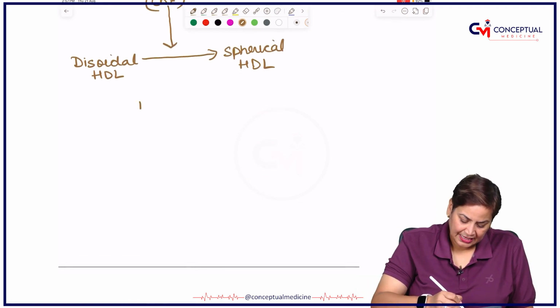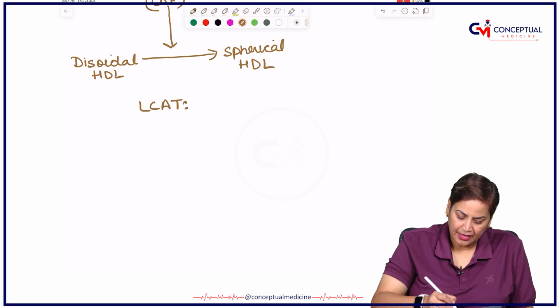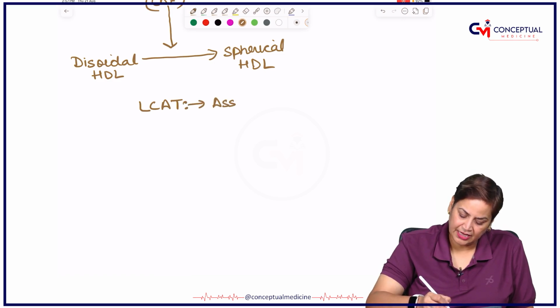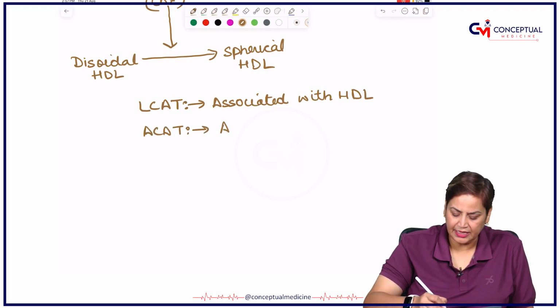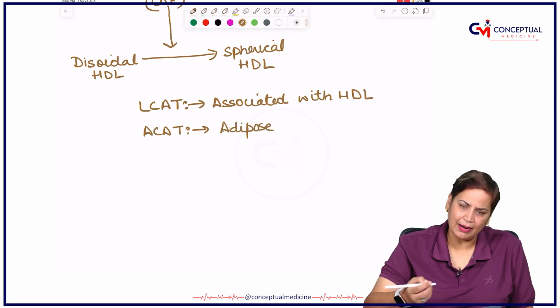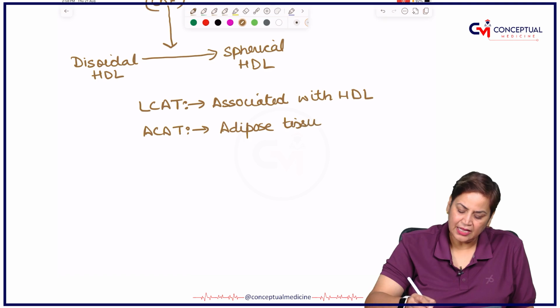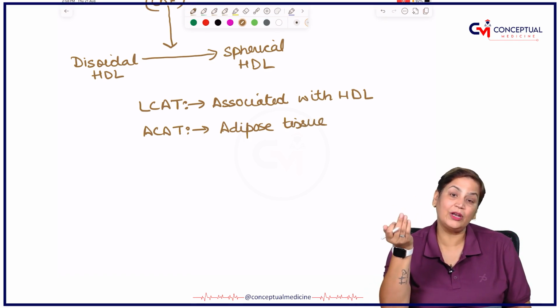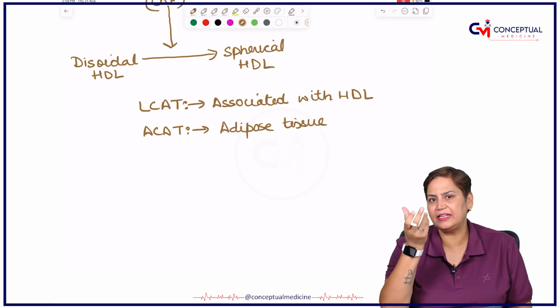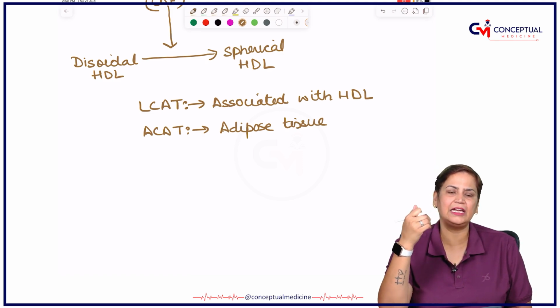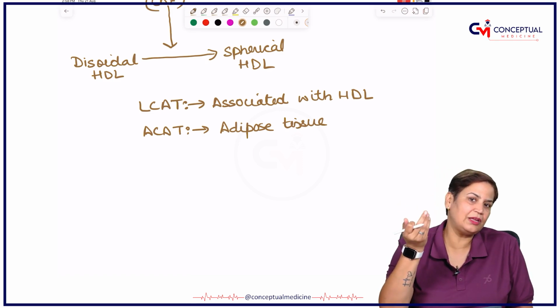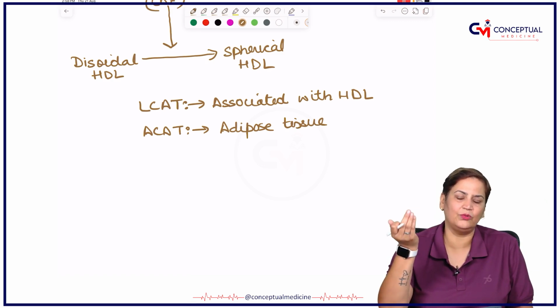Also we can say that LCAT is mainly associated with HDL, right, and ACAT is associated with the adipose tissue, or you can say other peripheral organs apart from adipose tissue. So they will convert cholesterol into an ester so that it can be accepted by HDL, and then HDL will take this cholesterol to the liver, where 50% of cholesterol is converted to form bile